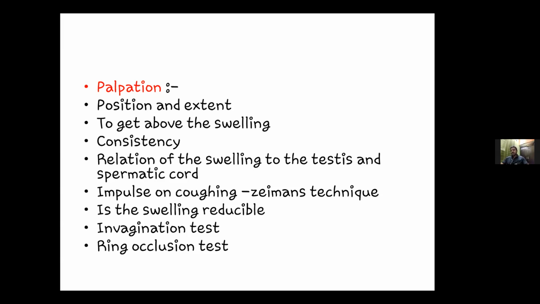Based on this technique, a special test called the Zieman technique has been described, which differentiates between the direct hernia, indirect hernia, and femoral hernia, in which the surgeon places his index finger in the deep inguinal ring, which is half an inch above the mid-inguinal point, and the middle finger is placed in the superficial inguinal ring, that is 1 centimeter above and lateral to the pubic tubercle, and the ring finger is placed in the saphenous opening, that is 4 centimeter below and lateral to the pubic tubercle, and the patient is asked to cough.